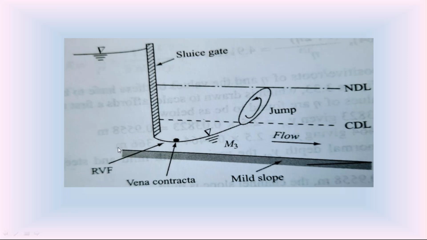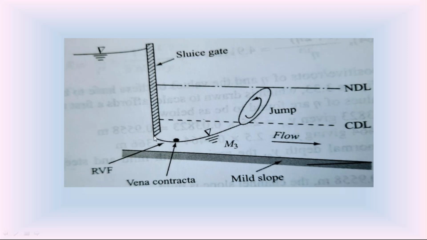So here the channel bottom is a mild slope channel bottom, and this sluice gate is slightly open, not fully. So from the bottom of the channel to the bottom of the gate, the water from the upstream side is coming out. The water from this upstream side coming out in the downstream side, this is the water surface at that instant. So check this water surface coming from this sluice gate. This is the water surface.